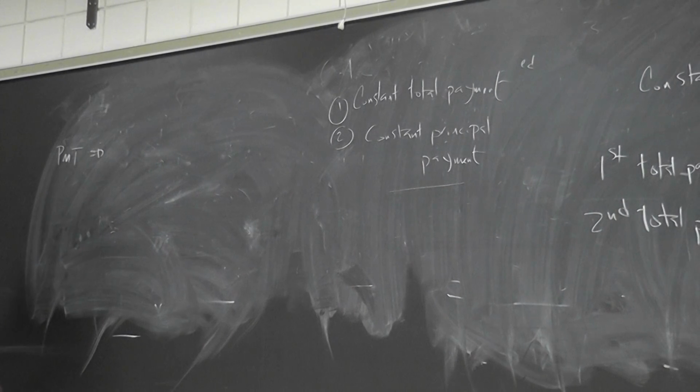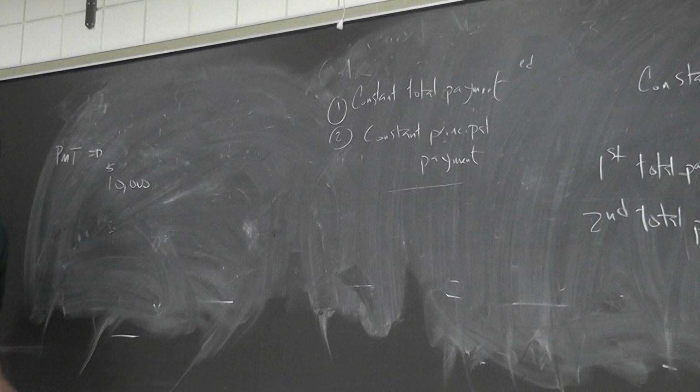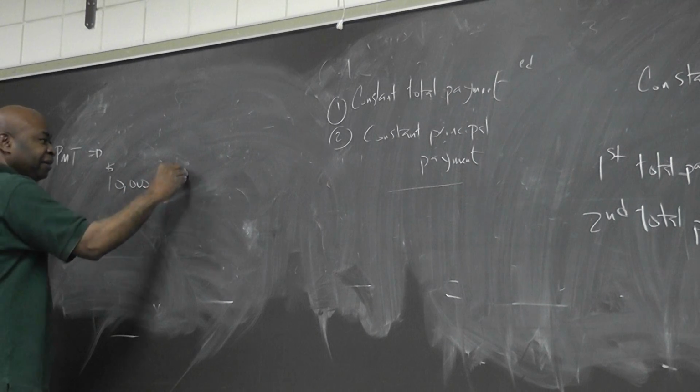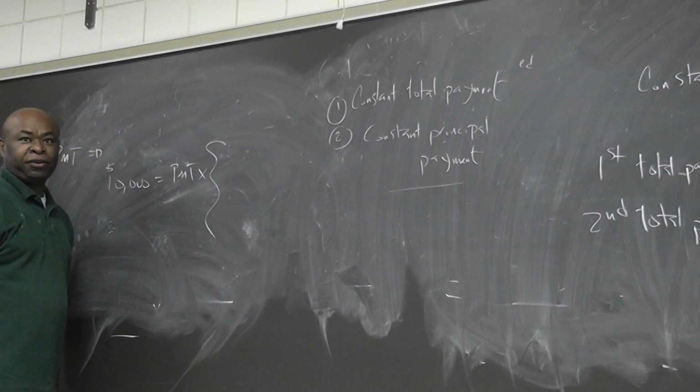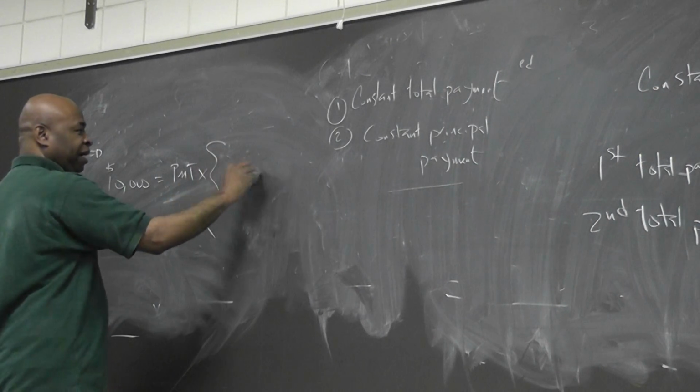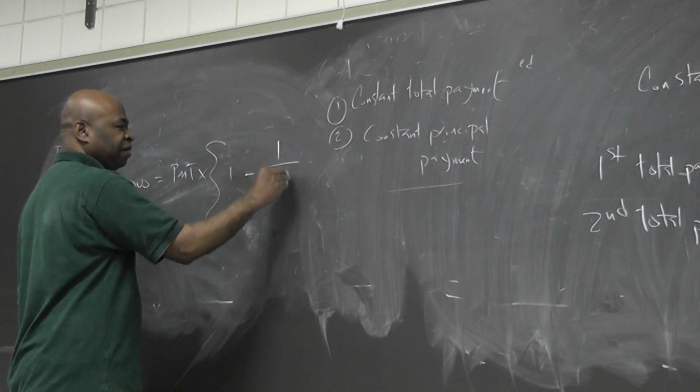Loan to that, which is 10,000. Remember, the loan is always the present value of all future what? Payments. So therefore, it's 10,000 times my payment times my present value interest factor annuity, right? Which is 1 minus 1 over, what is the interest rate again? 10%. So 1.10,